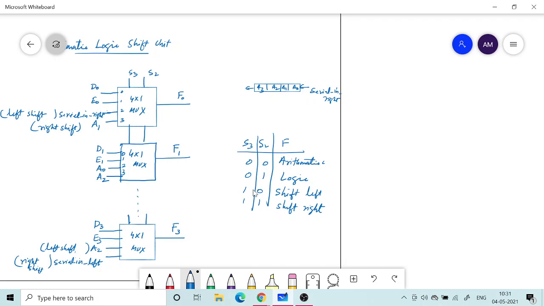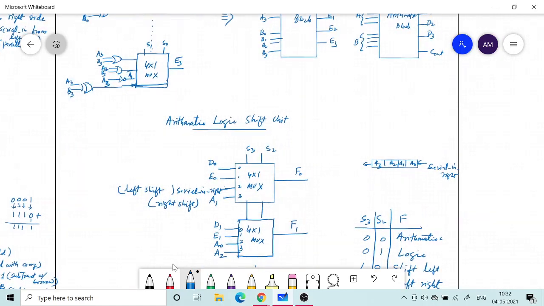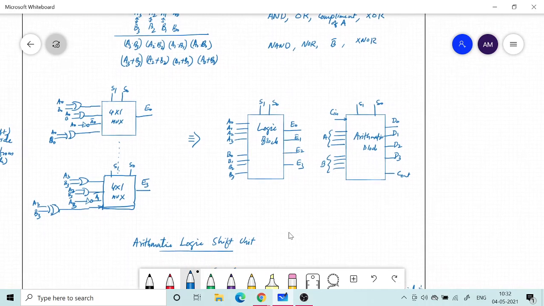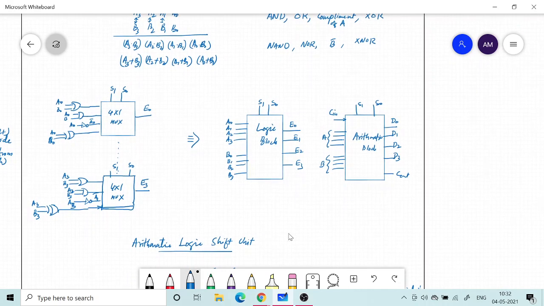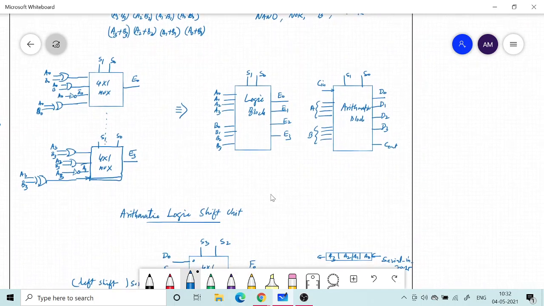There were 8 I listed, of which 1 is redundant, so you can choose from any of those possibilities. Similarly, you can even use carry in as an additional input to choose from one of the 8 possible logic operations, so you can have more options.